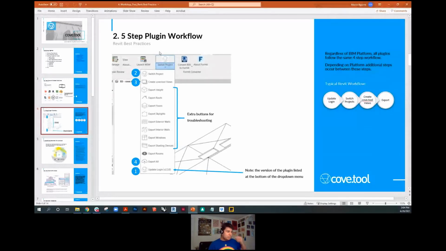And once you've installed the plugin, you'll see the Revit plugin under the add-ins tab with that Cove Tool icon located along the tool ribbon. So first you're going to log in using your credentials, then you're going to select your project from the projects list, then you'll create your Cove Tool views, and I'll talk a little bit about what it means to create